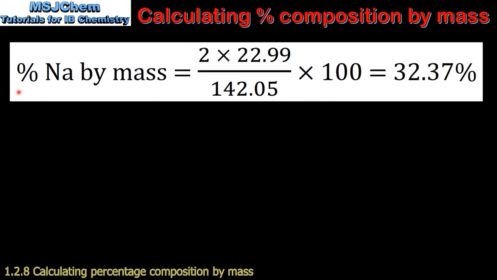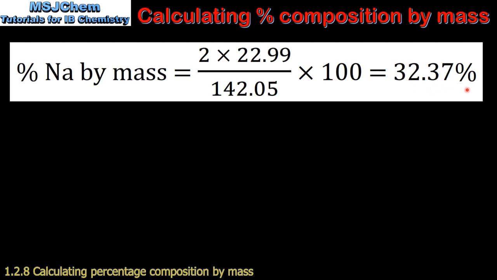Next, we'll calculate the percentage composition of sodium by mass. Because we have 2 sodium atoms in the compound, we multiply the relative atomic mass of sodium by 2, and then we divide by the molar mass of the compound. We then multiply by 100 to give us